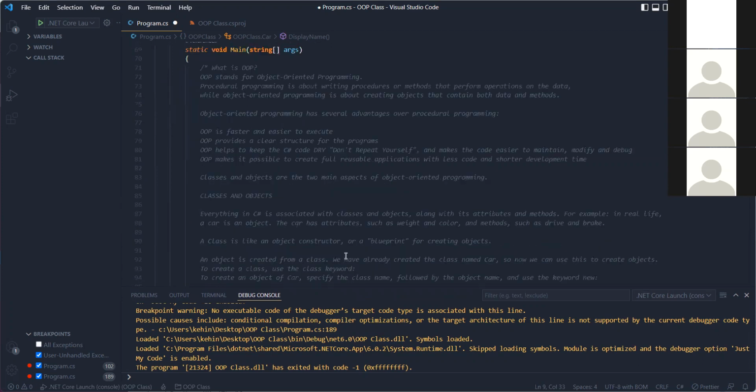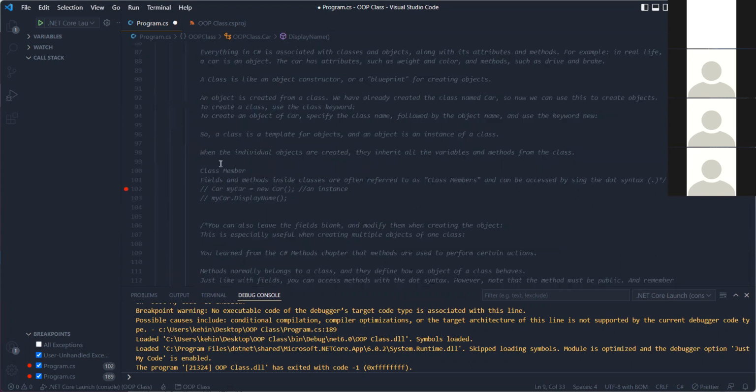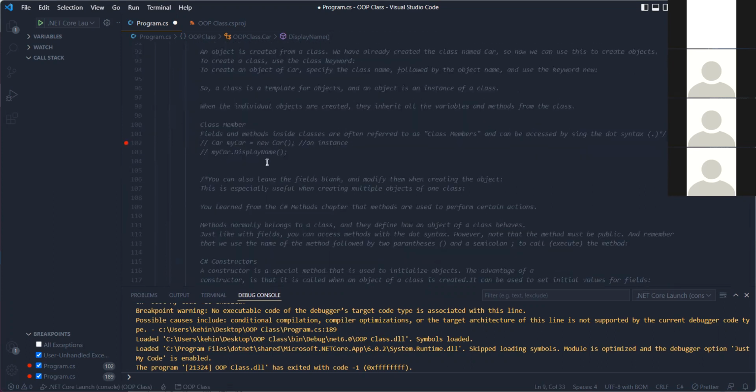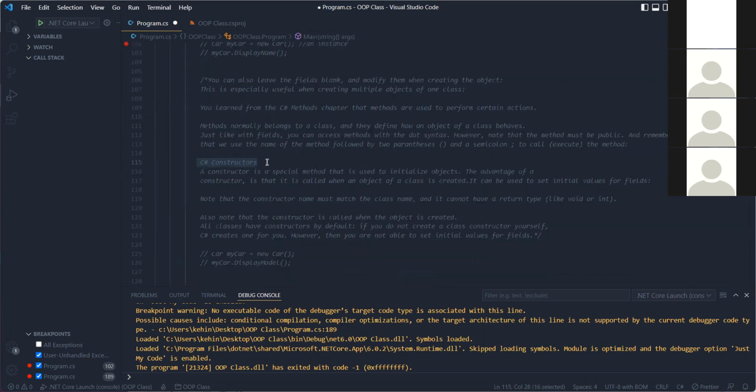Now we are moving to another key thing in C#, which is constructors. I believe we all understand what we've done so far. The key thing for us to understand next in C# is called constructors. A constructor is a special method that is used to initialize